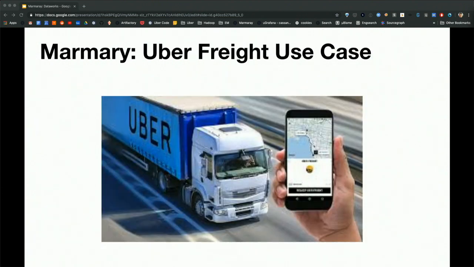Another use case that I wanted to highlight was Uber Freight. So Uber Freight is one of our largest, not largest, but one of our most exciting business verticals. It's growing incredibly rapidly, and we're really hopeful that this is going to be another big business for Uber. And when Uber Freight was first bootstrapping their business, they had a lot of data in MySQL. And what they wanted to do is they had no way to actually run these analytics in MySQL. We were able to use Marmaray ingestion and be able to ingest this data in MySQL and be able to help them run analytics in terms of figuring out their business.